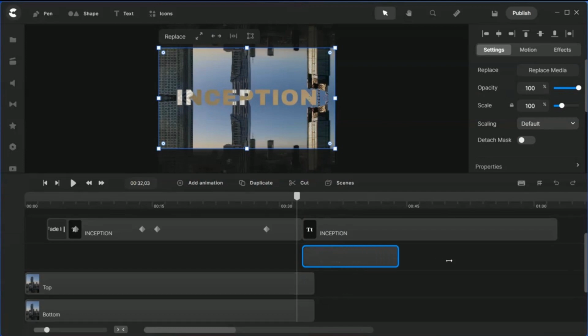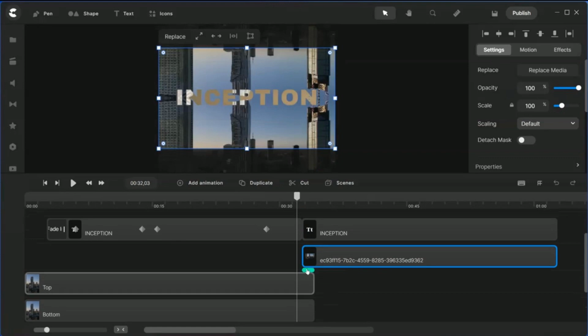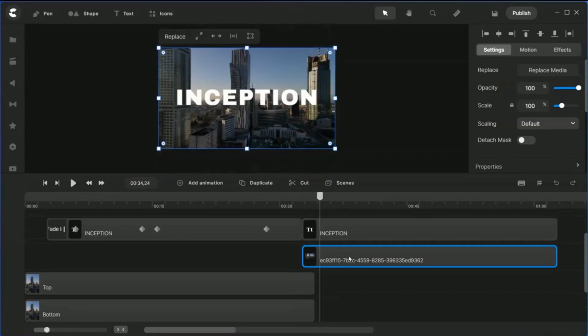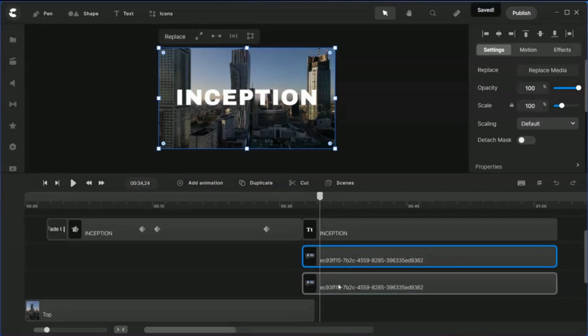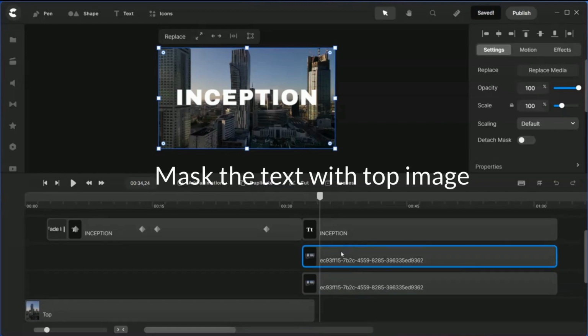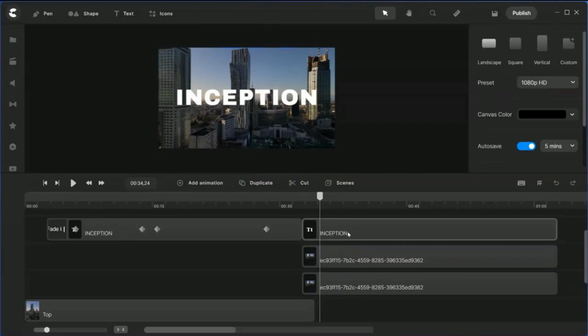So we're going to pull this out to about this length, same length for this one. Okay, so then we add in a transition between this snapshot and also this one. Okay, now before we do that, we need to duplicate this clip as well. So we've got one that's to be masked with inception, and then the other one is the bottom. So this is where the trick is. Okay, so what you do is here, inception